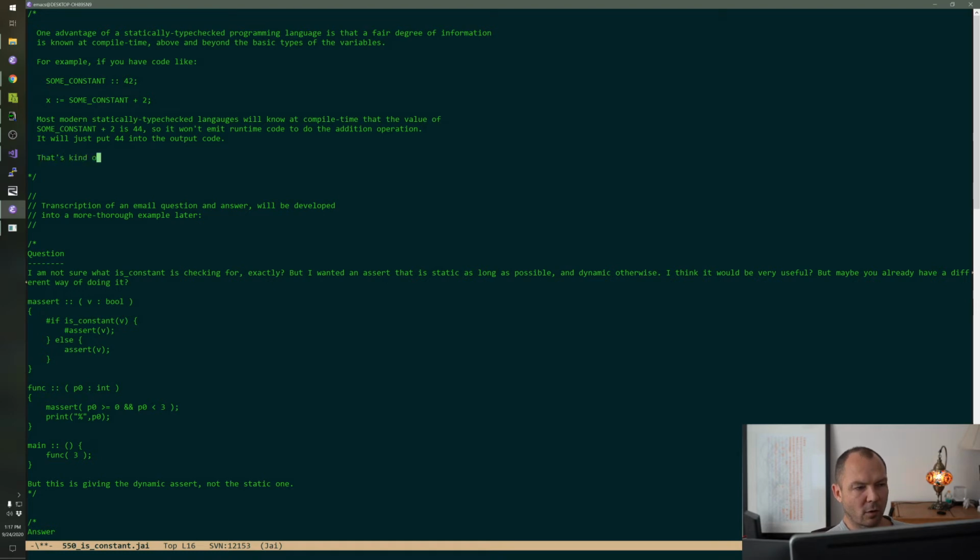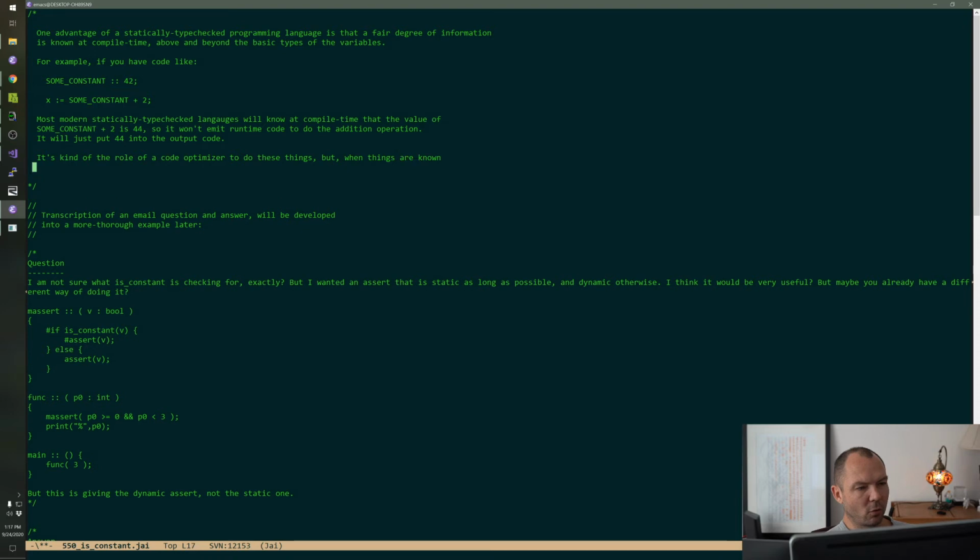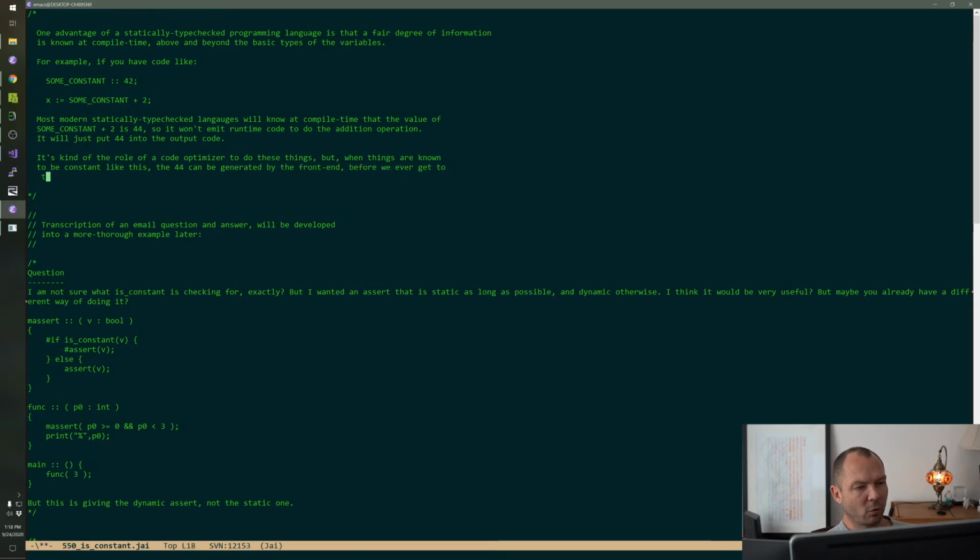That's kind of the role of a code optimizer to do these things, but when things are known to be constant like this, the 44 can be generated by the front end before we ever get to the optimizer.